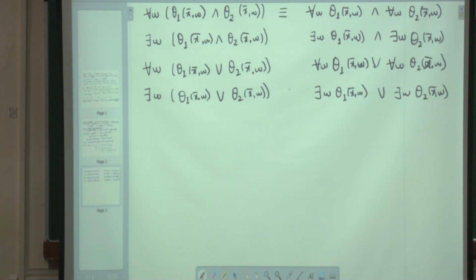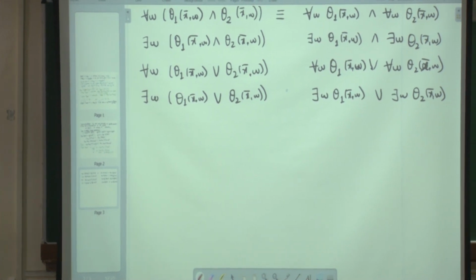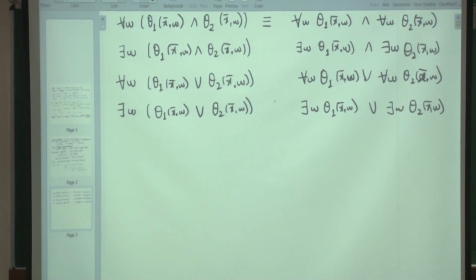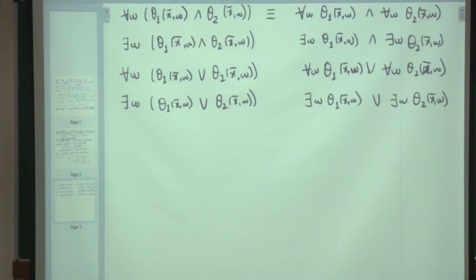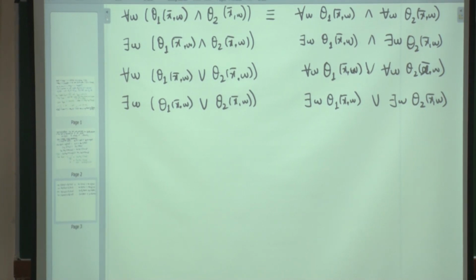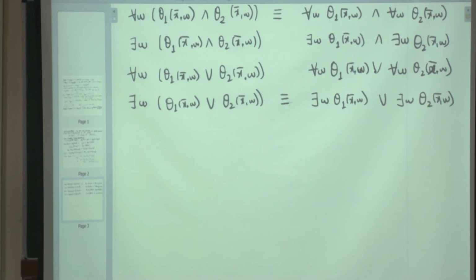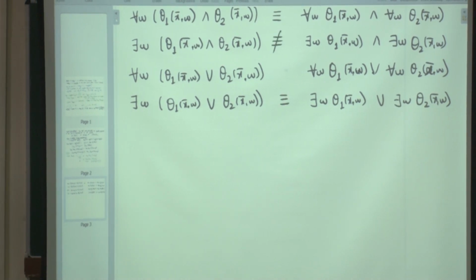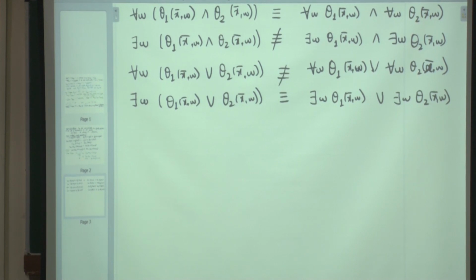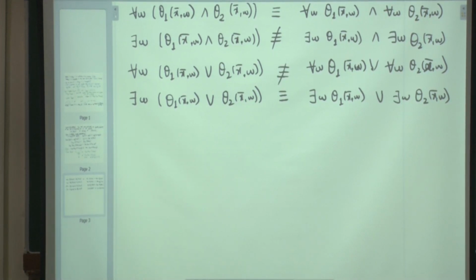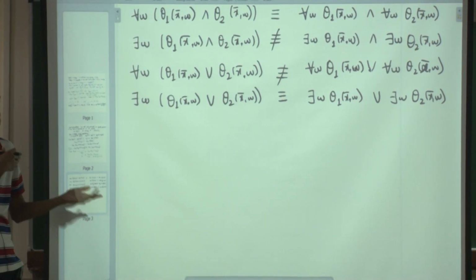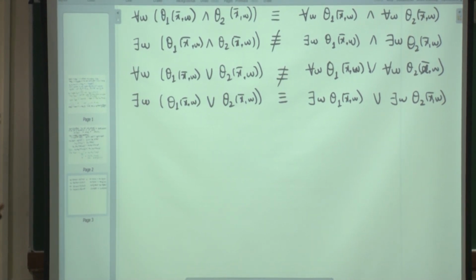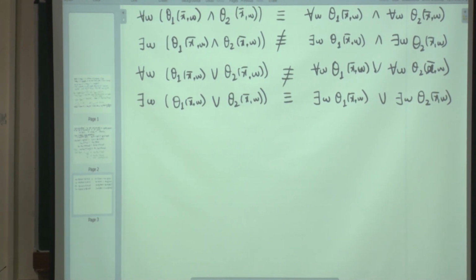The last one also you are saying it's true. Yeah, because it says that either there is a witness for theta 1 or theta 2. So here also we are saying that either there is a witness for theta 1 or there is a witness for theta 2. So these are logically equivalent and these ones are not. Even if they are not, can you tell me some relation between them? Like, does there always exist a relation? Like one side implies another, one side is a logical consequence of the other.